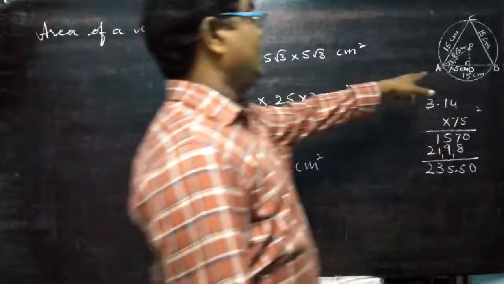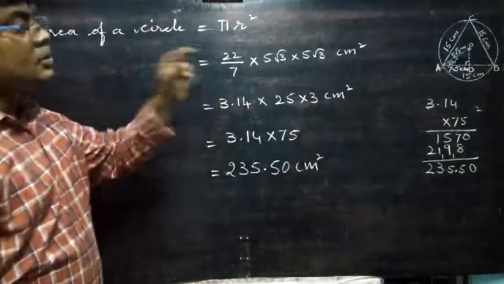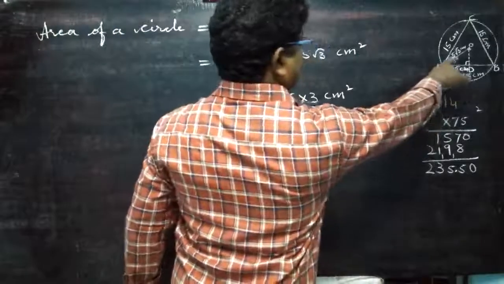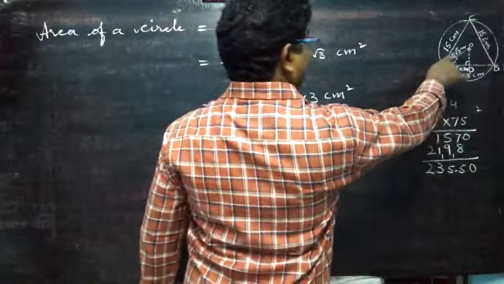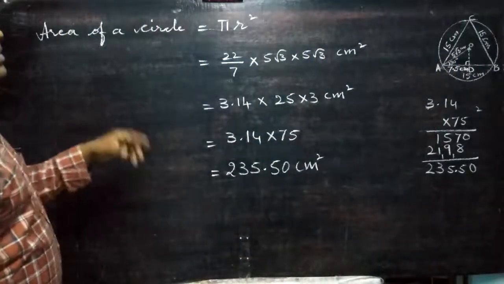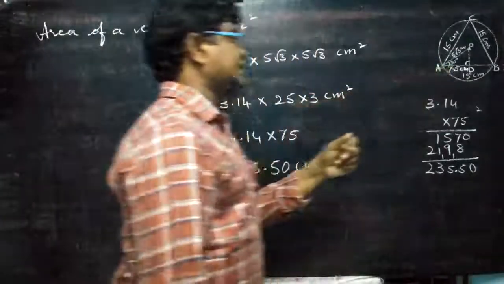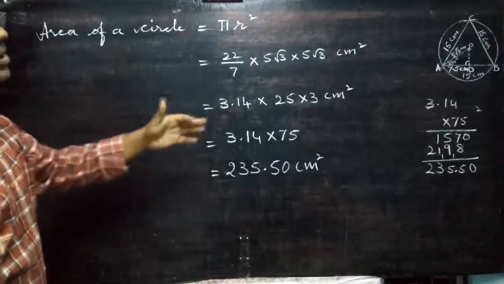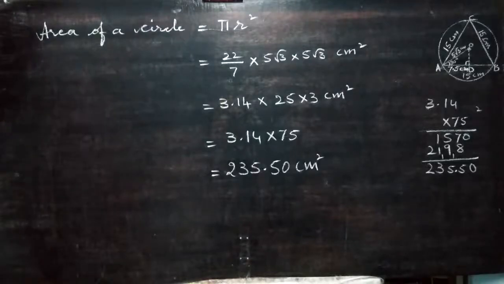Be careful when to take sine, when to take cos, when to take tan. You should be able to know, because here the adjacent side is given and we need the hypotenuse. That's why adjacent by hypotenuse means cos, or you can take secant also. But here we know cos, so cos theta, where theta is 30 degrees. Are you able to follow? So according to the problem, when to take sine, when to take cos, when to take tan, you have to practice. Thank you.